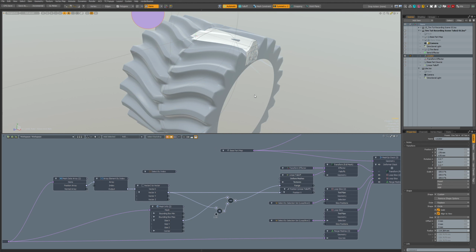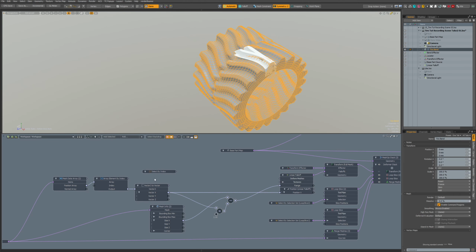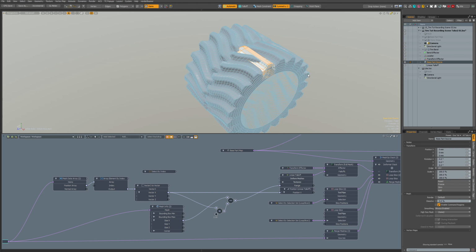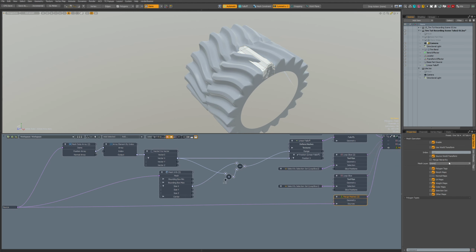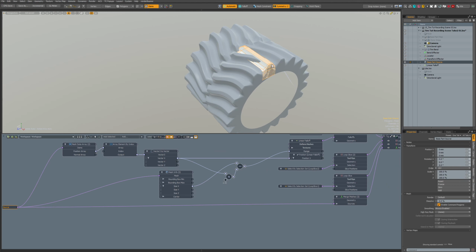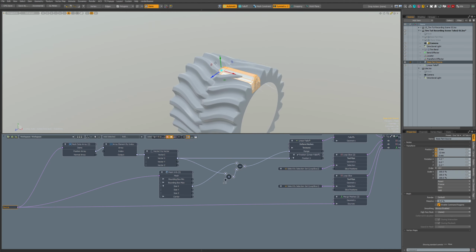So next step is to add some material for the sake of the visuals. We can hide that. That could be moved. Is it okay to move it? No, it's not okay to move it. Now I think it's okay to move it. But it's really slow to move it.